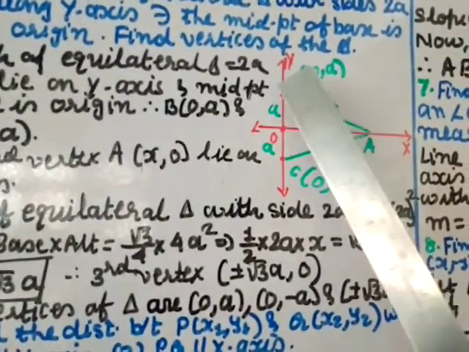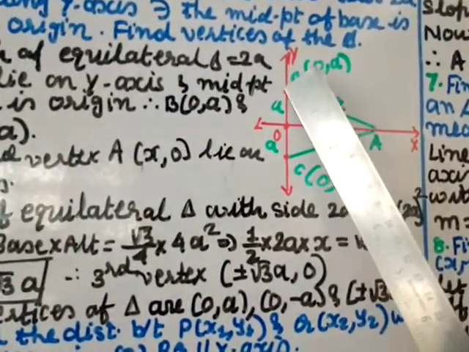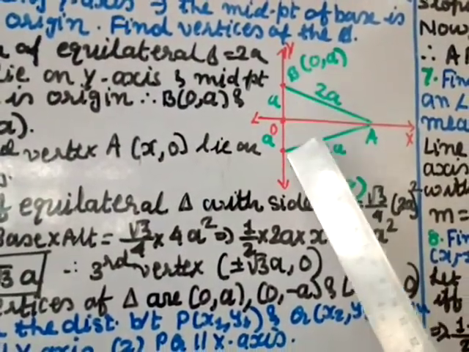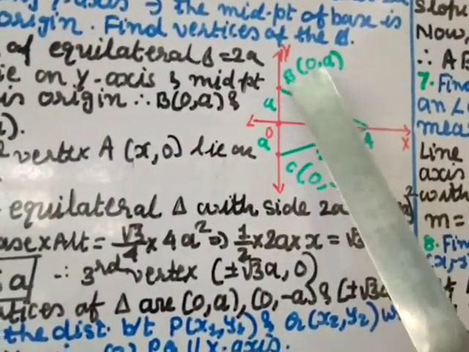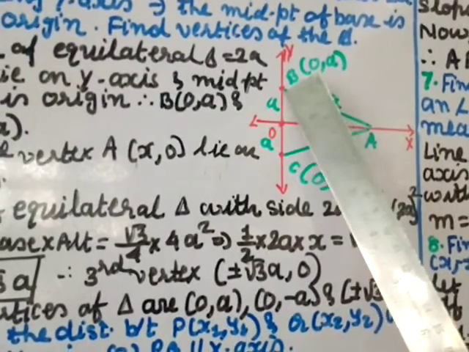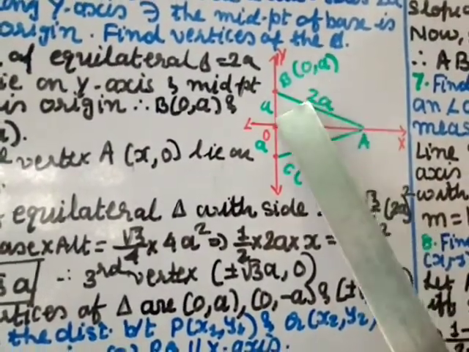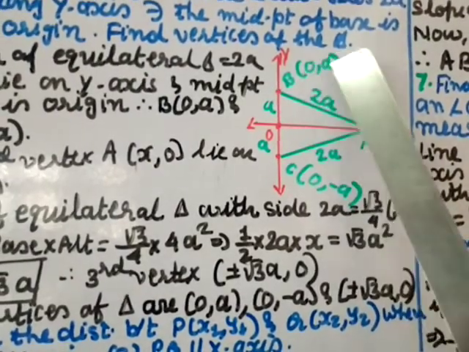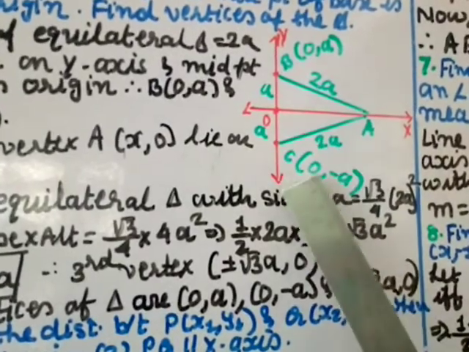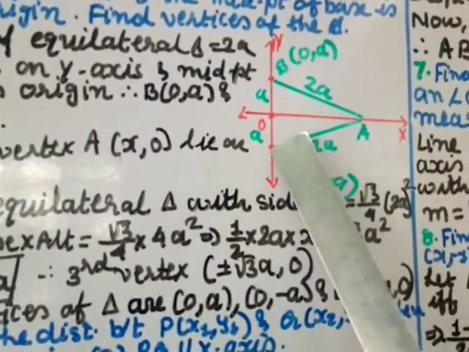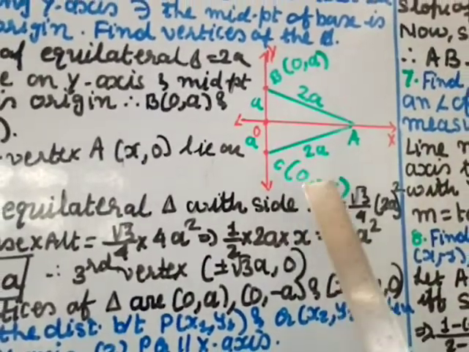Okay, so if this is an equilateral triangle, so this is 2a, 2a, and this also 2a. So this is the midpoint, obviously this distance is a and this distance is a, then only it will become 2a. So from the origin to here it is a. So the coordinate of this point will be on the y-axis, x coordinate is 0 and y coordinate will be this much distance, so 0, a. I call it B, and in the negative y direction the coordinate of this point will be on the y-axis, x coordinate is 0 and y coordinate will be this much, but it is negative, so minus a.